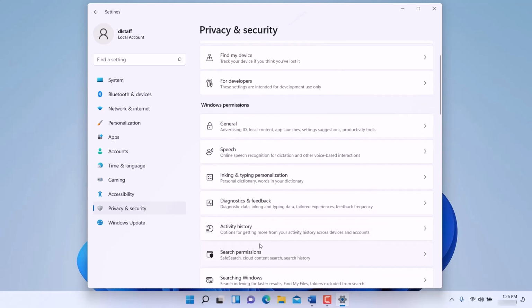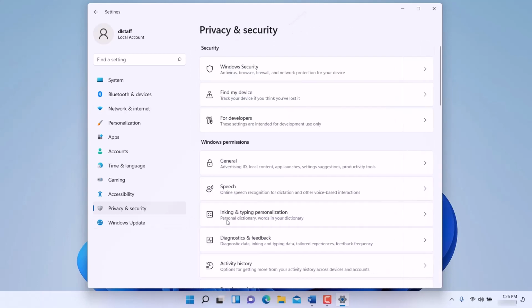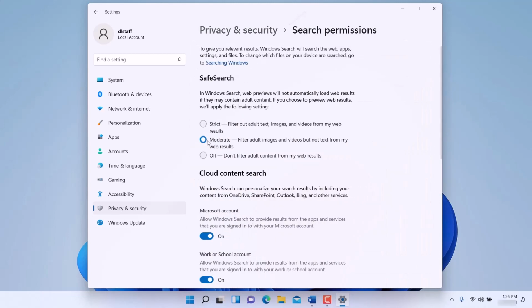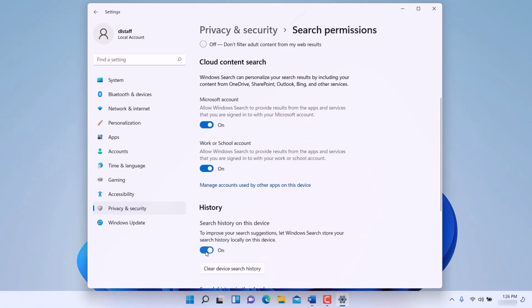If you go under the activity history, you can choose to turn that off as well. You can clear the privacy setting there. Then you can go under the search permissions. This is probably what you want to do for the safety of kids, or the moderate search. This has to do with the web content that it's going to display on your computer. As far as the cloud search content and so on, you can turn these off as well if you prefer